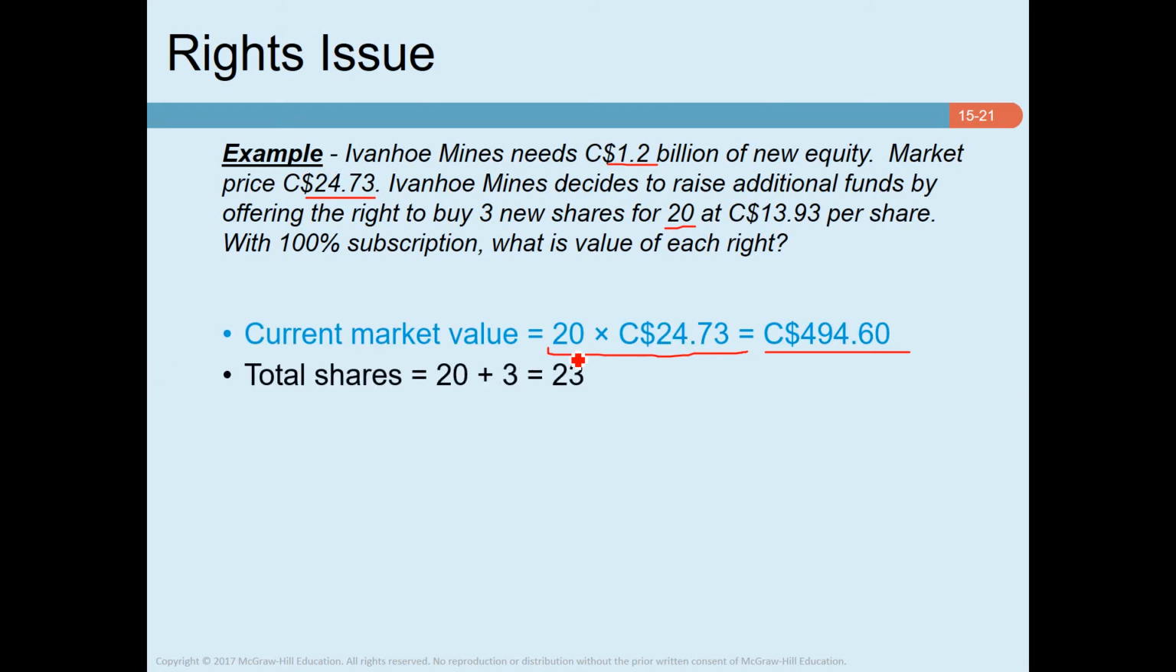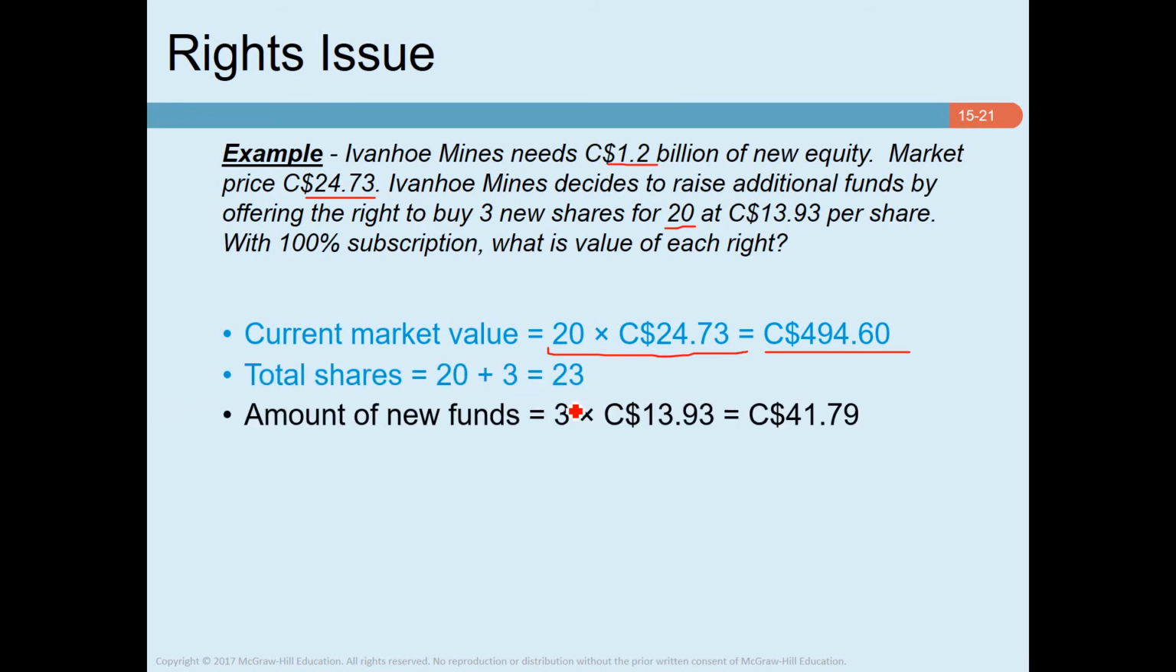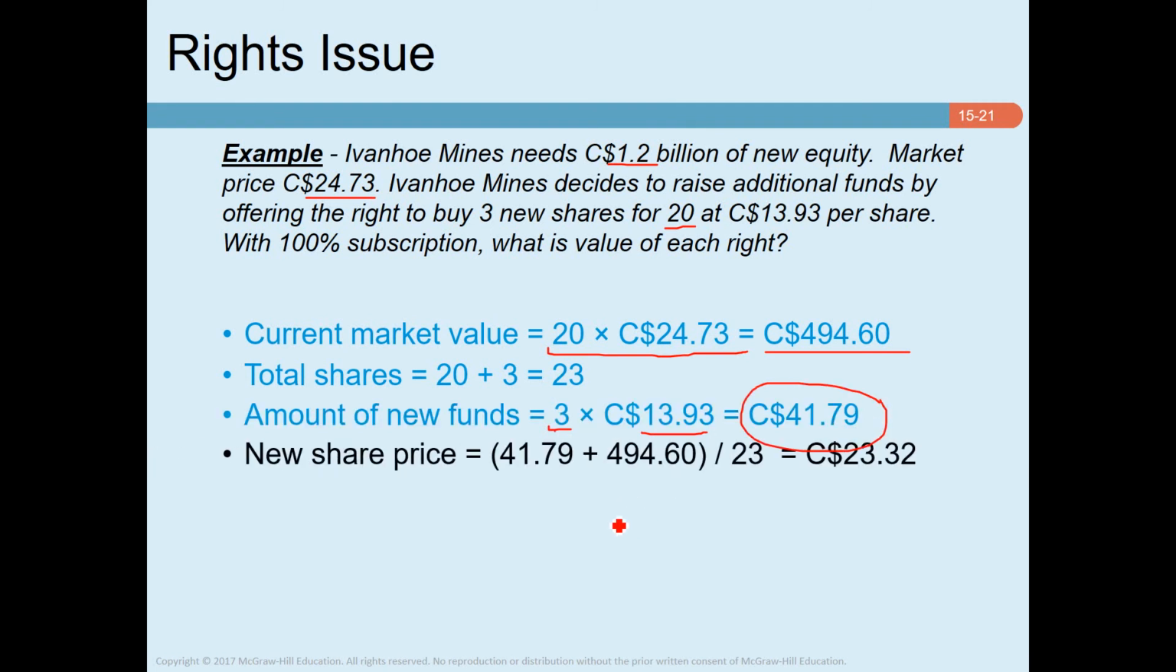Now, if you currently hold 20 shares, you get to buy another 3 shares, so your total shares will be 23. Am I right? Now, how much fund do you need to buy these 3 shares? You can buy each share at a price of 13.93, so you need to pay 41.79 to buy these additional 3 shares. So what will be the new share price? Look, the existing value is 494.60 and you pay 41.79 to buy 3 new shares, and your total shares are 23. So the new share price will be